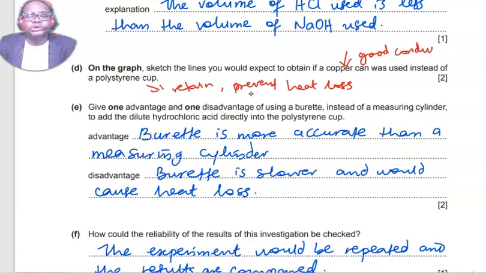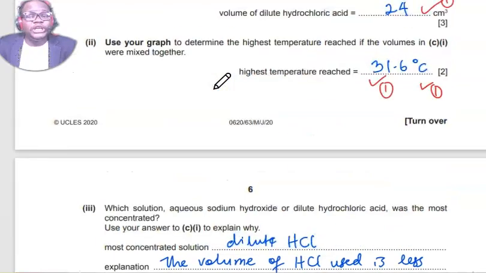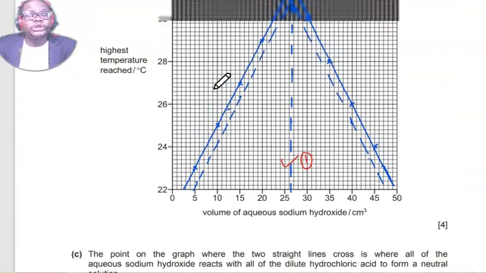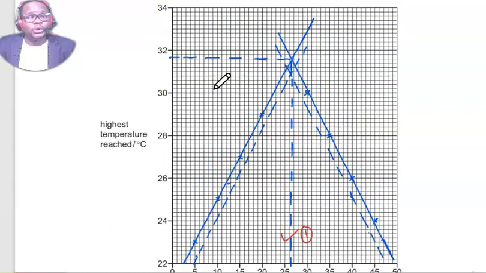Good conductor. So definitely that means a lot of heat energy will be lost if you use a copper can. So if heat energy will be lost using a copper can, that tells us that for each of the experiments, we are going to be recording a lower temperature. So to show on the graph the line you will get if a copper can was used, your plot will